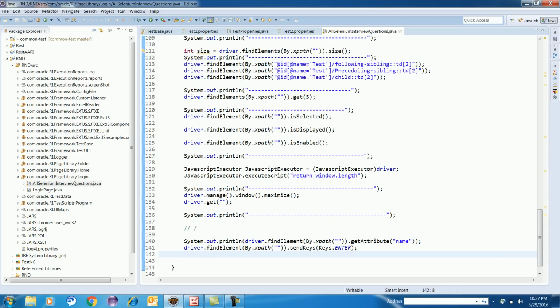So you can always say that if I want to wait for a particular element, I can go for explicit wait. But if I want to specify a timeout for the entire page, I can go for implicit wait. So I think I have covered the maximum interview questions. Still, I will make one more video. I'll try to figure out what I have missed in this video, and based on that I will make one more video.